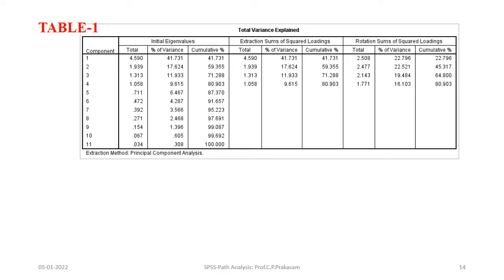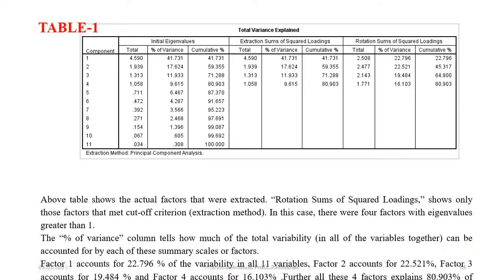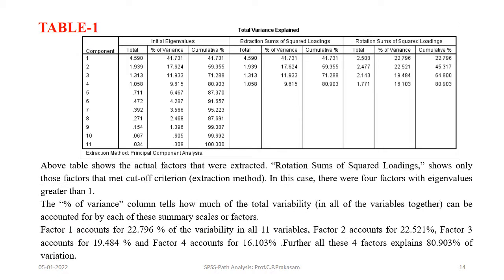If you look at the left side, initial eigenvalues; the middle one, extraction sums of squared loadings; and the last one is the rotation factors, rotation sums of squared loadings. This rotation has been done by the Varimax method, which we will come across. The above table shows the actual factors that were extracted.